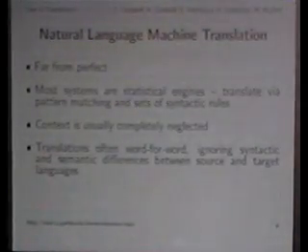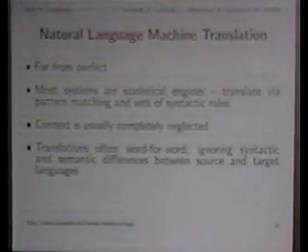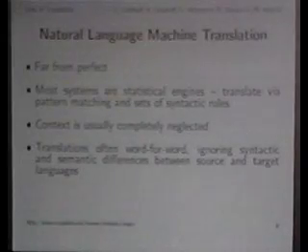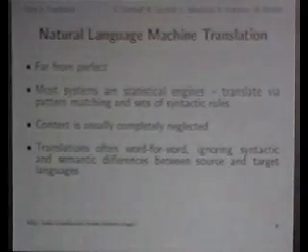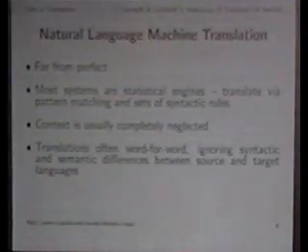What current machine translation systems do is they are statistical. They have a language model, a translation model, which maps words and sentences. They have some idea of syntactic and semantic rules, but mostly do pattern matching. They always ignore all of the context. So they look at one sentence at a time, at least all of the ones that we found, which can have some pretty bad results.